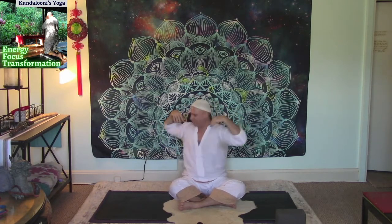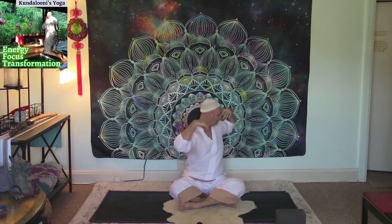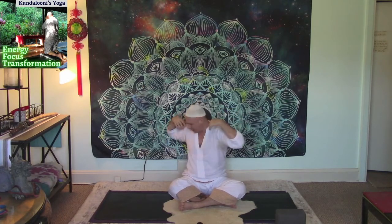Five, 4, 3, 2, and 1. Big inhale, center, elbows wide, spine nice and long and tall. And a smooth exhalation as the palms turn face down, landing on the knees. Allowing the eyes to open,